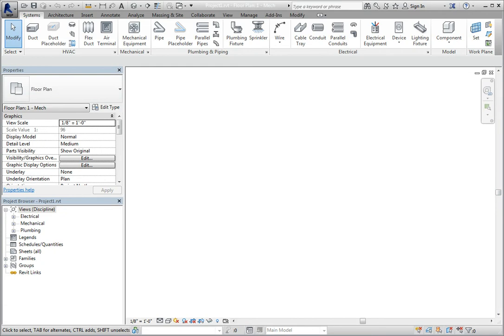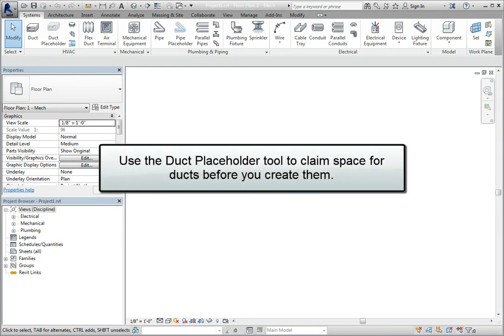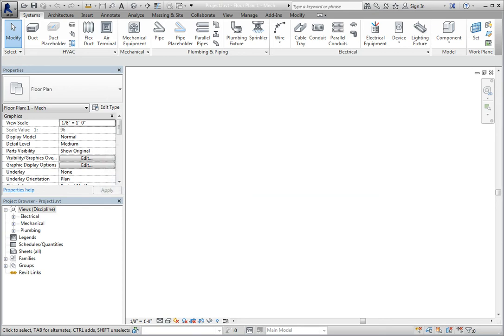Duct placeholders are great during early design stages to claim some space for ductwork, and also quickly map out routings in the building. The Duct Placeholder tool allows you to route duct placeholders and then later convert it to two-line ductwork. When using the Duct Placeholder tool, you can still specify the duct type, size, and elevation, and then draw